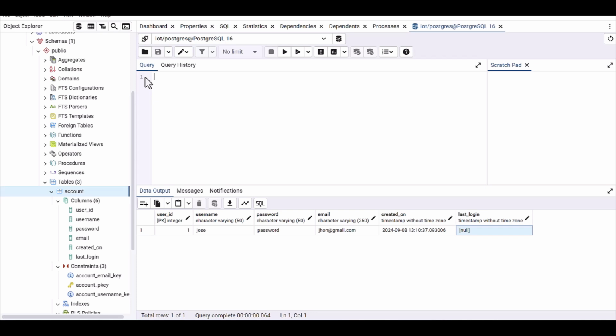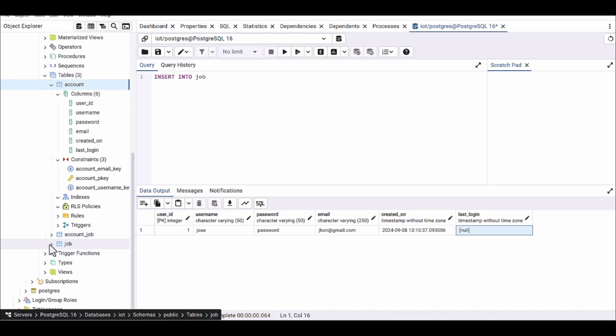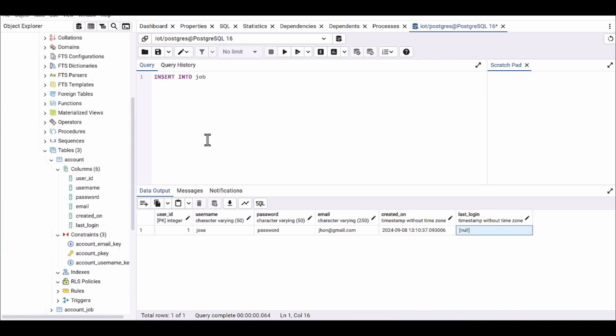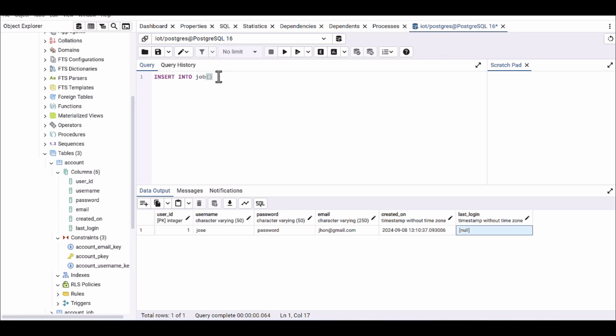Okay, let's insert some other values to show you some parts for the foreign key and so on. So I'm going to insert some values into job, which is here, and this is the column for the job. There is a job ID and job name, and I'm going to define job underscore name. Then I am going to say for the values,